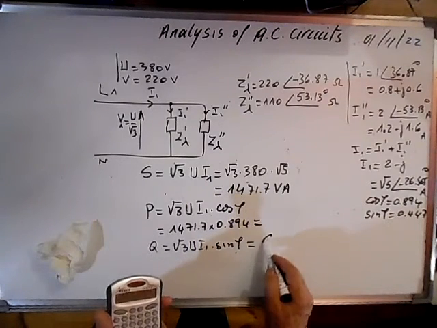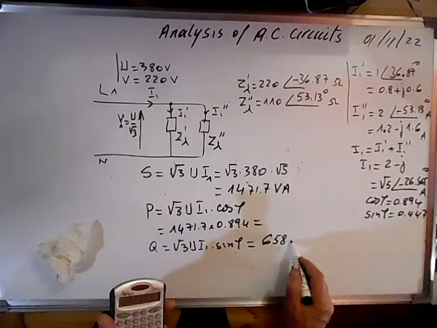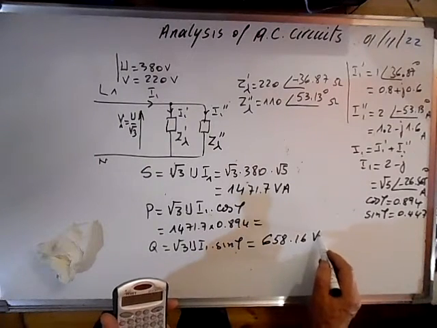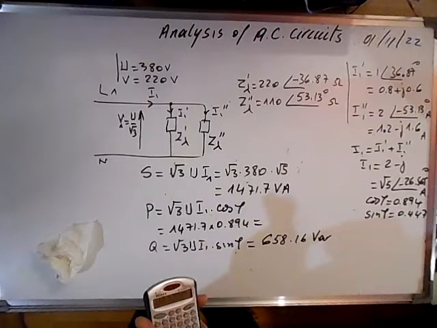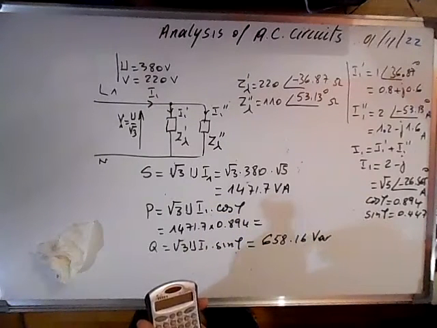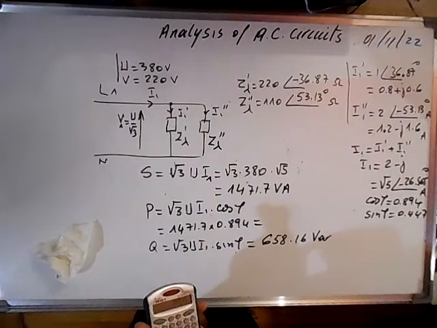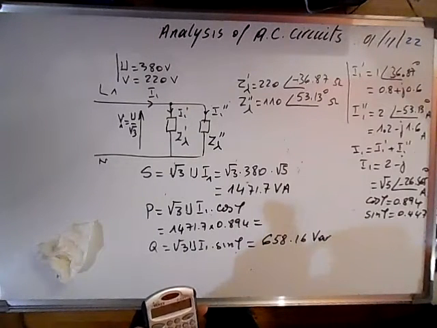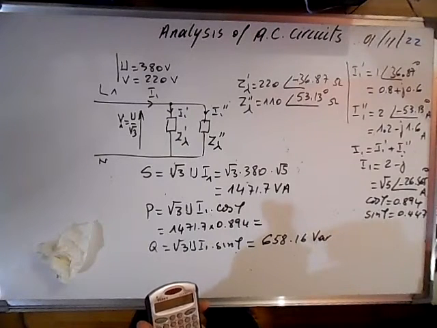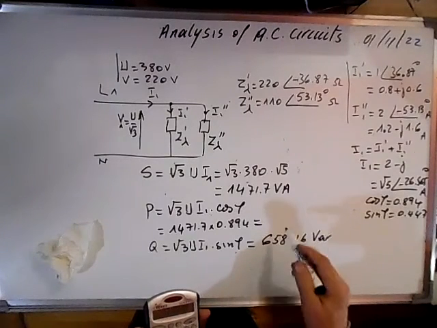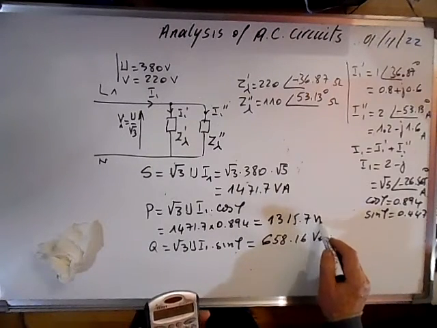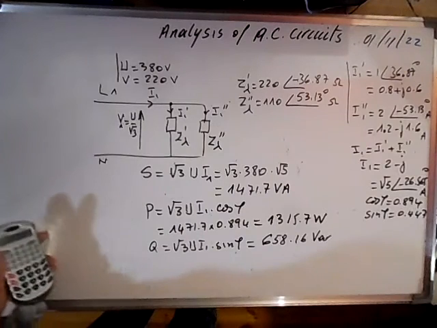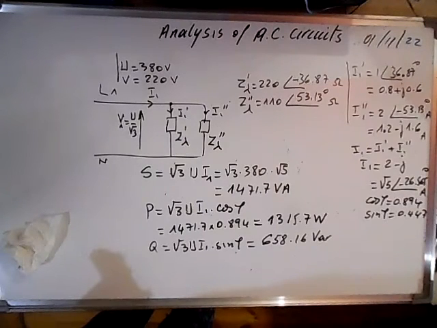This is 658.16 vars, and here it's 1471.7 times 0.894. This is 1315.7 watts. Now we try to compensate the